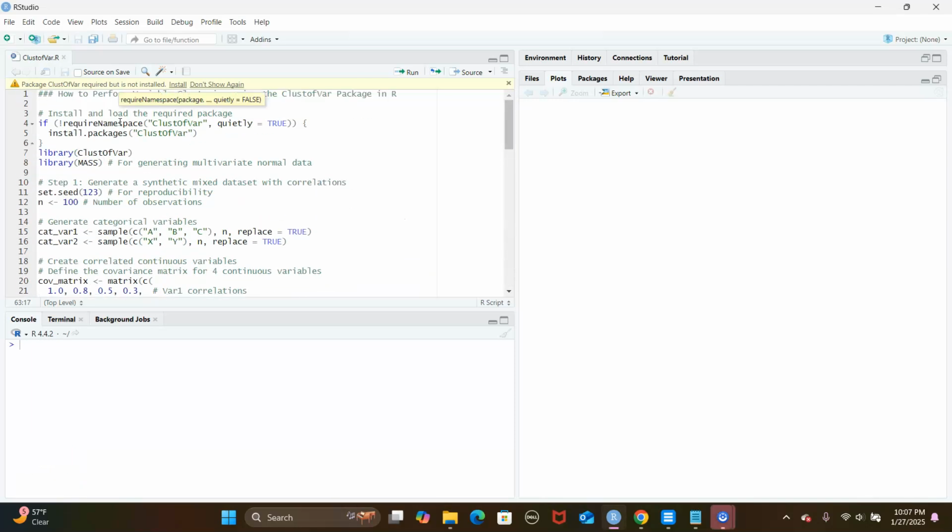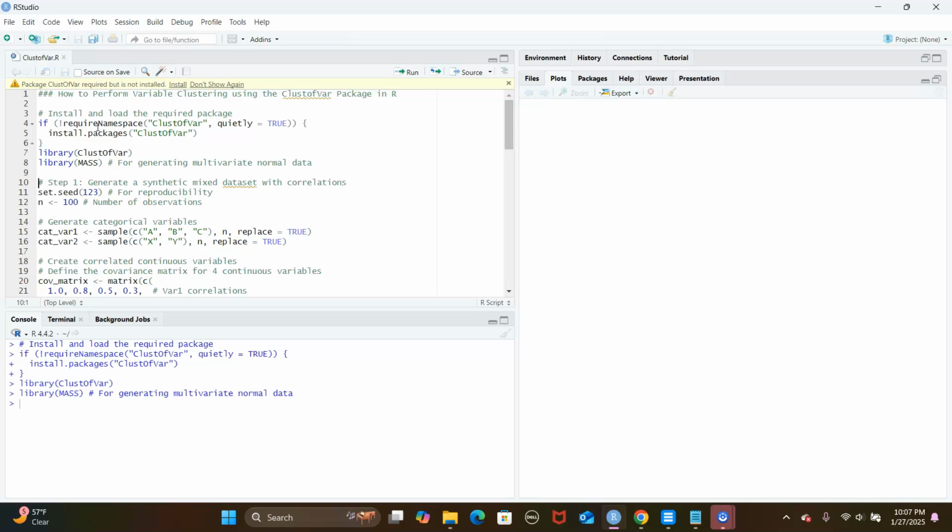Hello. In this video, I want to show you yet another R package for variable clustering. It is called the ClustofVar package. Let's check if it's installed. It is. So loading the library, and also loading the MASS library to generate a simulated data set, random seed, sample